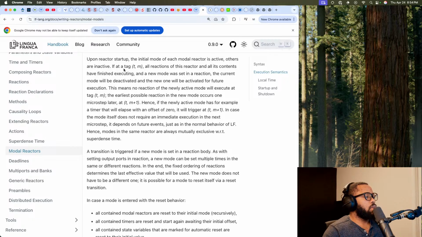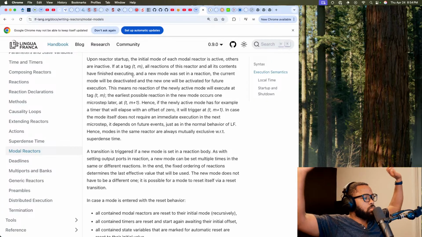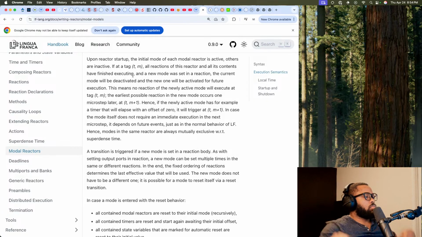If attempted, all reactions of this reactor and all its contents have finished executing, and a new mode was set in a reaction, the current mode will be deactivated, and the new one will be activated for future execution.